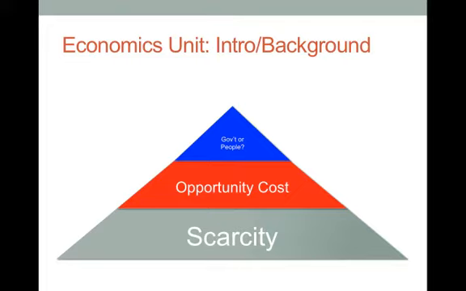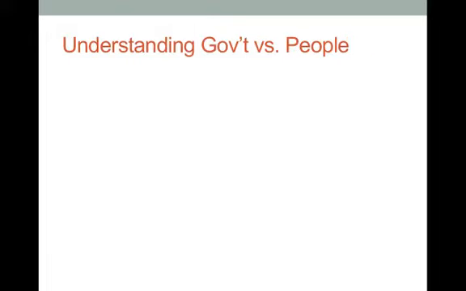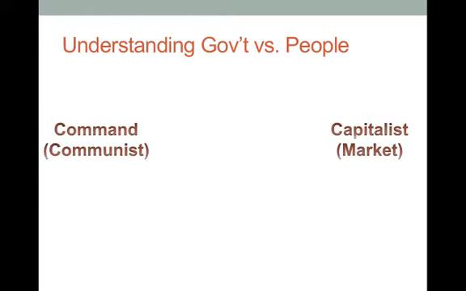For this unit, we focused more on the American side of looking at things, with the people being the ones making the decisions in what is known as a market-based economy. We'll talk about that a little bit here in the upcoming slide. So this idea of government versus the people, we can really put it into a couple key words. Command, which is when the government is running an economy, also known as a communist economy, is one type. Then on the other end, we have the people running it, which is known as a capitalist or market-based economy.